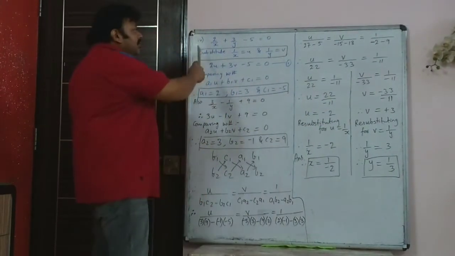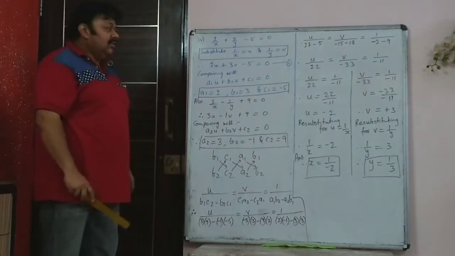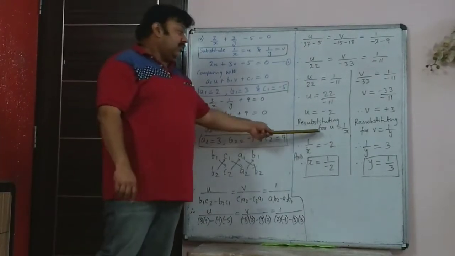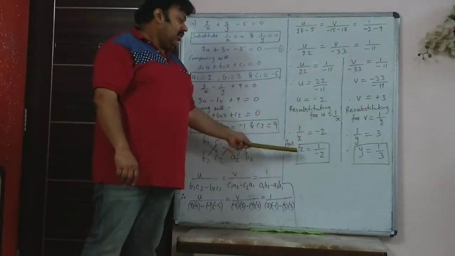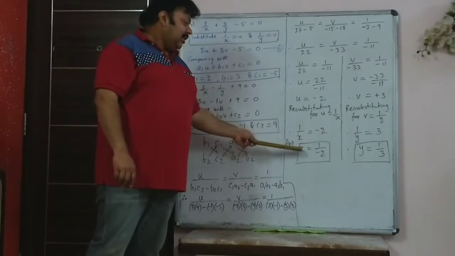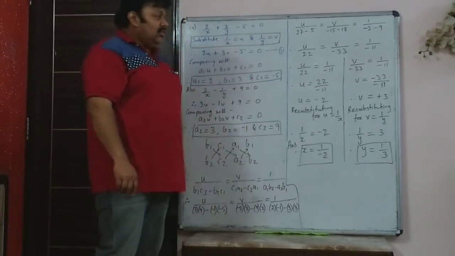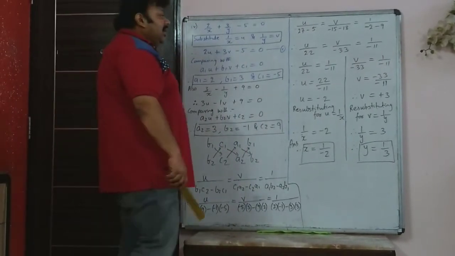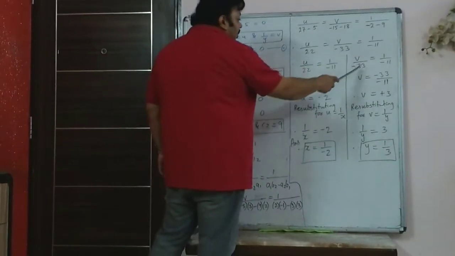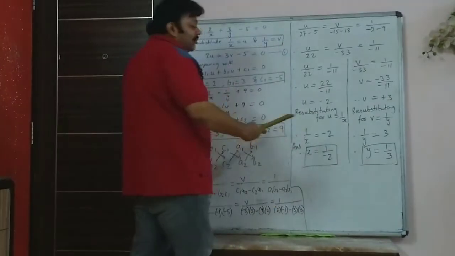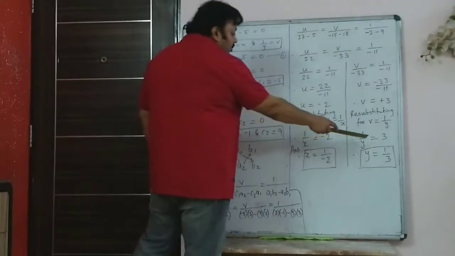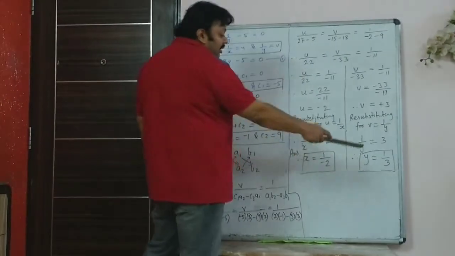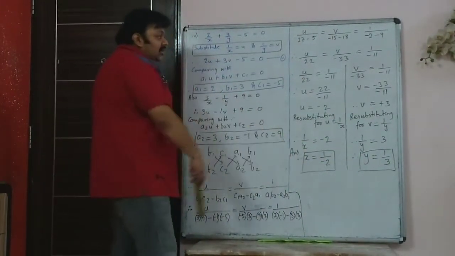But you never had a u in the given equation in the question. So you will have to resubstitute, don't forget this. So 1 upon x is minus 2 or x will be minus 1 by 2. So that is the value of x. And same way, once you have got v is equal to plus 3, your v you had taken as 1 by y. So 1 by y is 3, so y is 1 by 3. So this is how you do this sum.